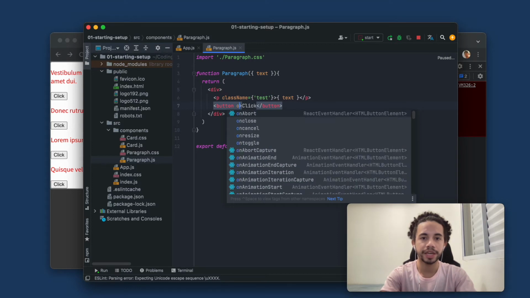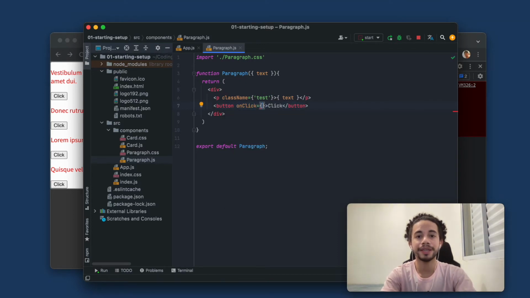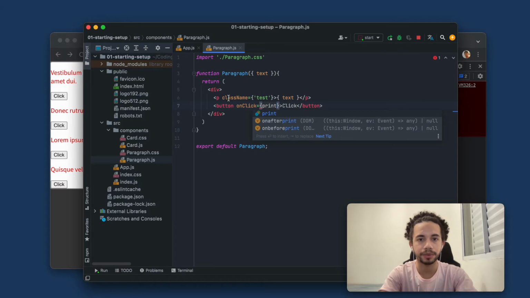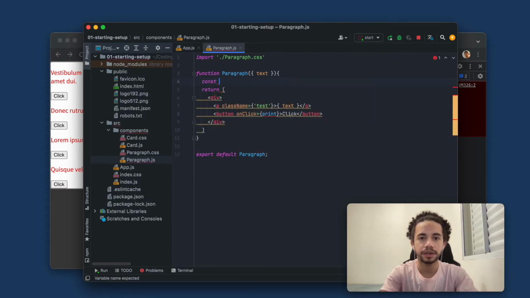So here we can declare onClick and put the name of the function. Let's say print, and here we will create a const print